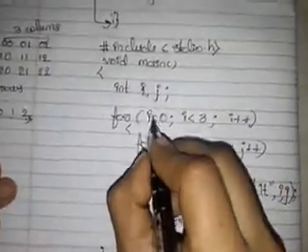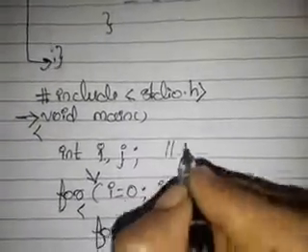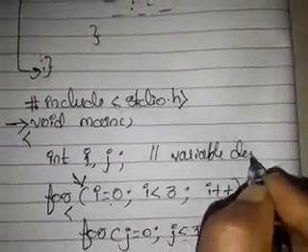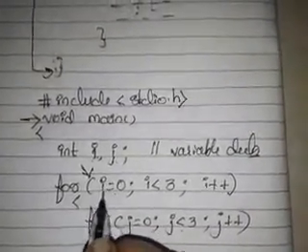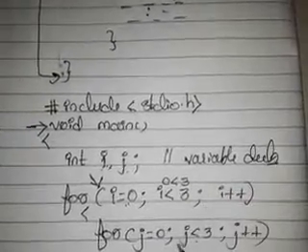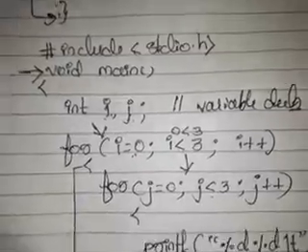We always know that the execution of a C program starts from main. So the control comes here. This is the variable declaration. We have already discussed all these things. Memory will be allocated for i and j. So i is equal to 0. 0 is less than 3, true or false? Yes, obviously it is true. It will come inside, because this whole part is the body of the outer for loop.